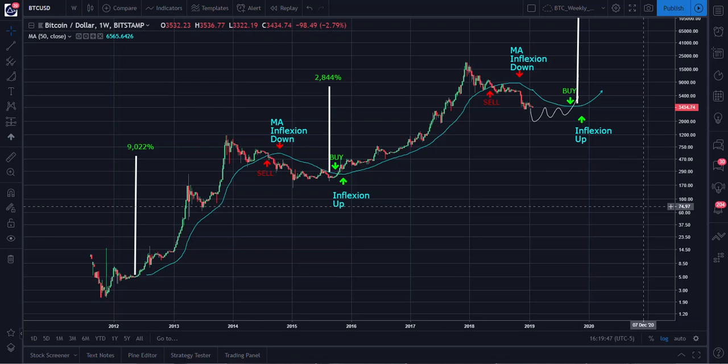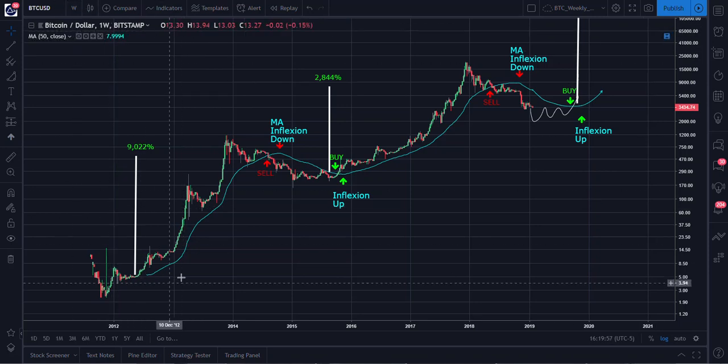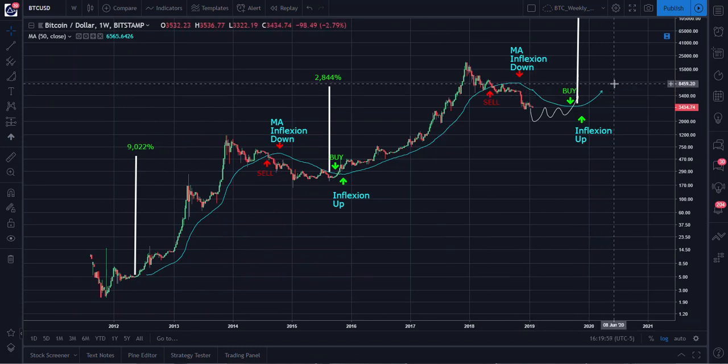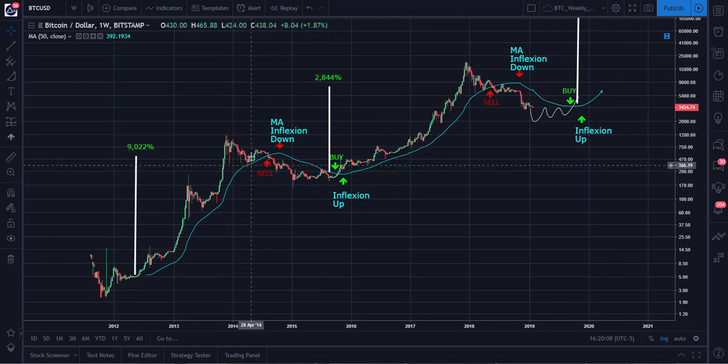This is Hedge Lee with an update on a simple trend following method for Bitcoin. I have here a weekly chart with a 50-week moving average. And if you're using weekly charts, you're not really looking at the small detail ups and downs for swing trade opportunities, but really for the trend. You can still do it with a 50-day moving average, but in this case I'm going to use the wider scoped